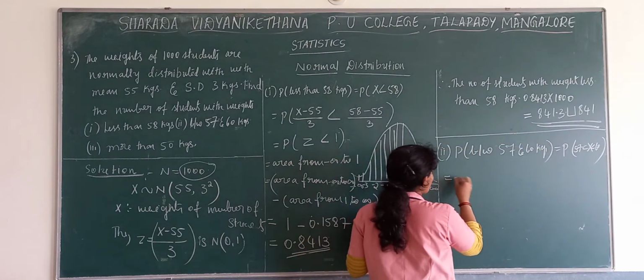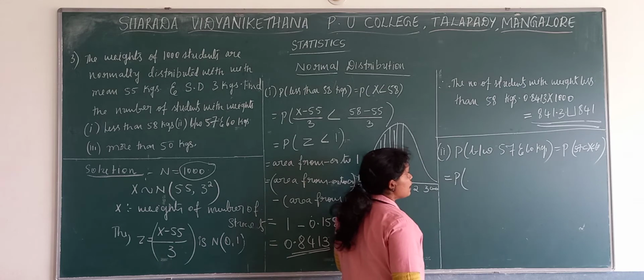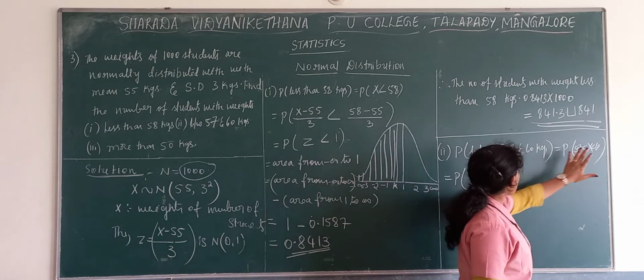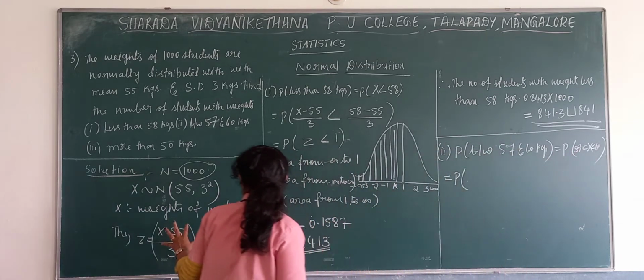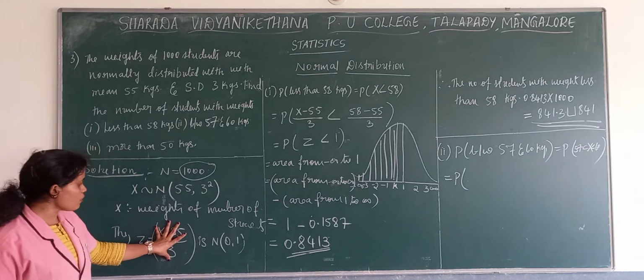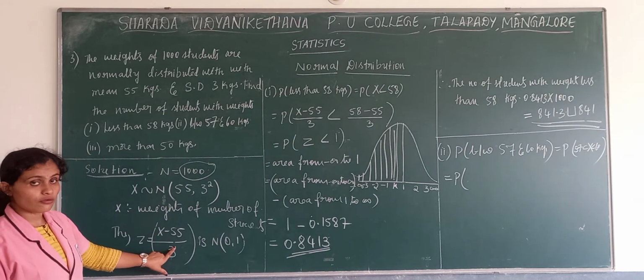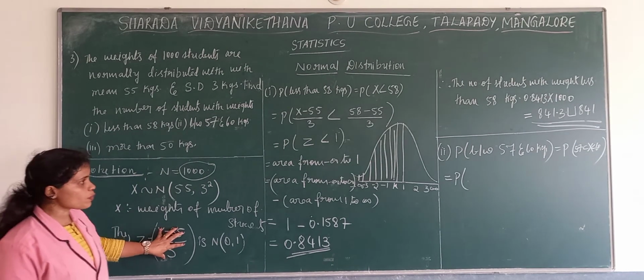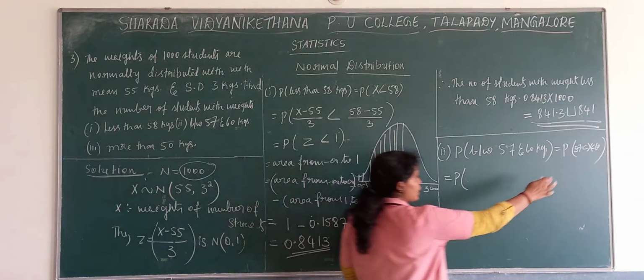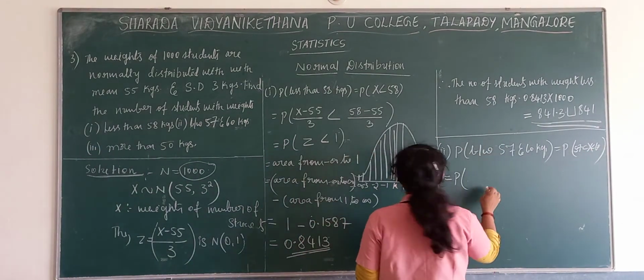Next is equal to P. Take the same formula here. Which formula do we use to convert a normal variate into a standard normal variate? You need to take this particular formula: in the place of X, take X minus